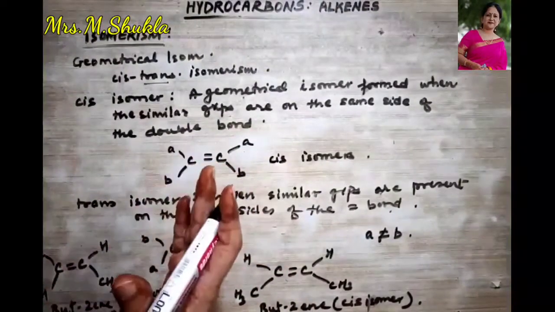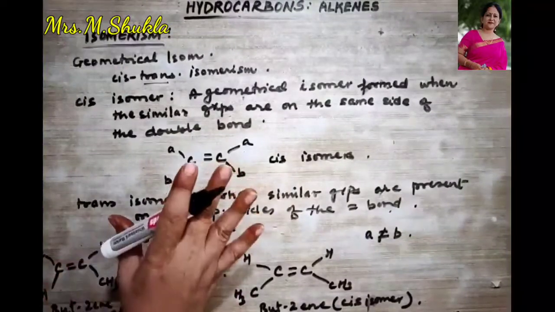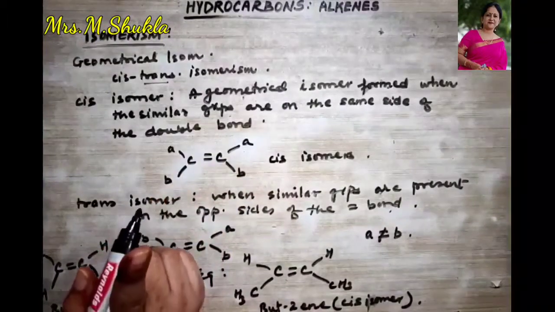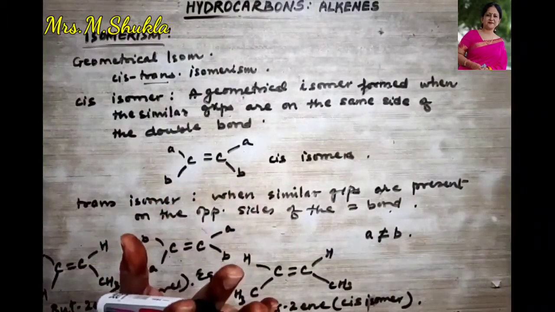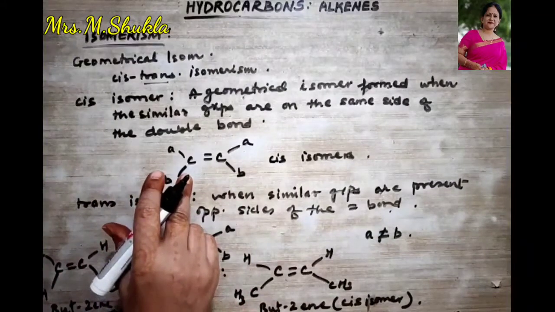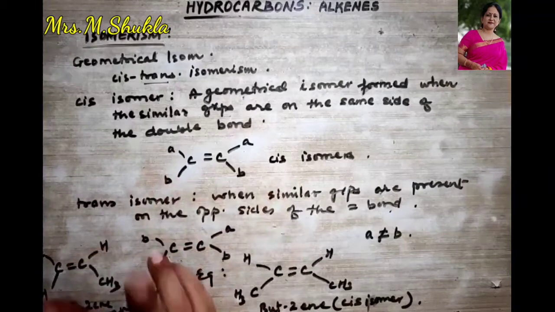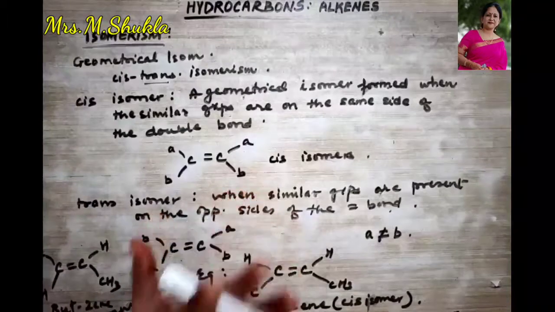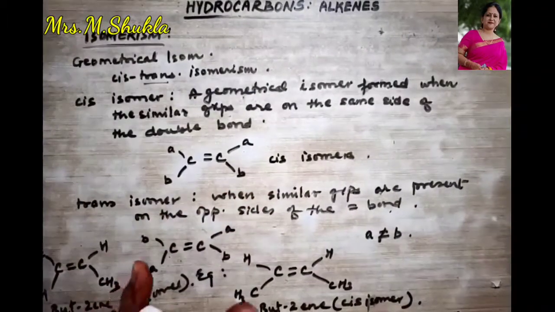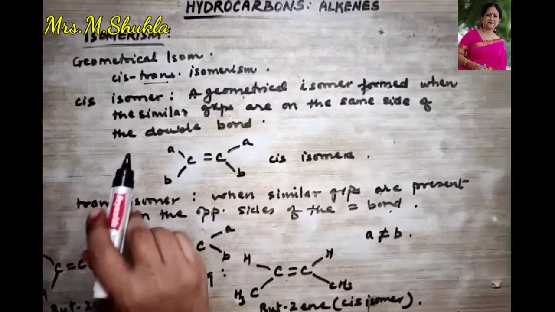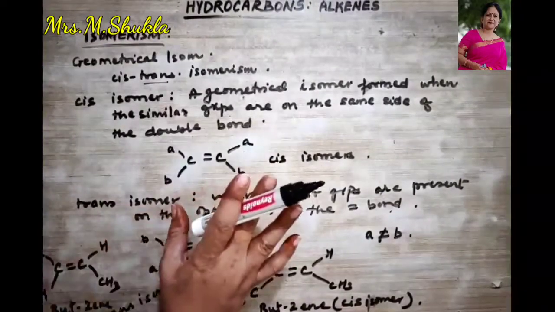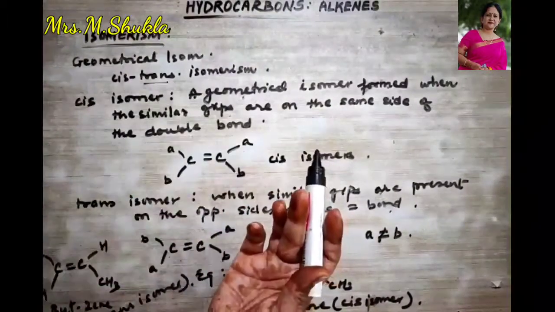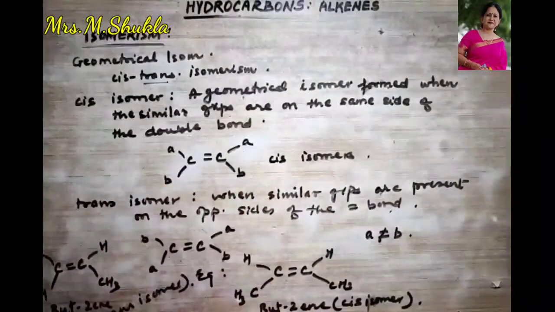Now, what are the conditions that are important for geometrical isomerism? Now you have understood. Firstly, there must be a carbon-carbon double bond present. Then each carbon atom of the double bond must be bonded to two different substituents. That should be A and B, and A should never be equal to B. This is another part, right? And a molecule which involves a carbon-carbon double bond will not exhibit geometrical isomerism if any one or both of the carbon atoms of the double bond have the same substituent.